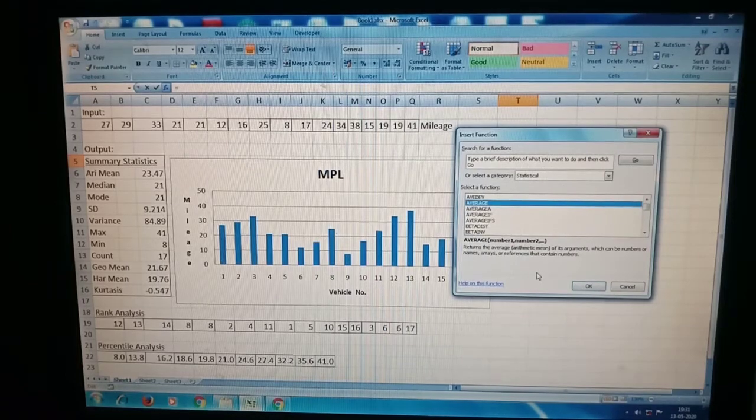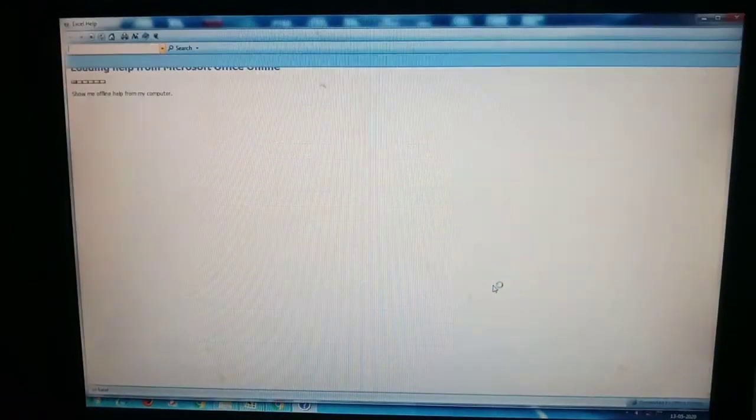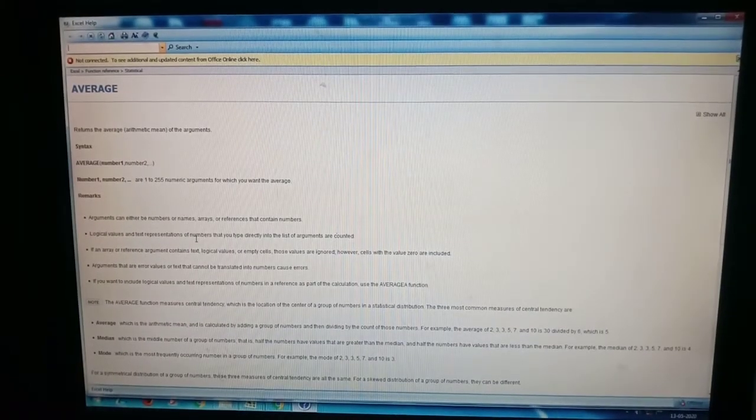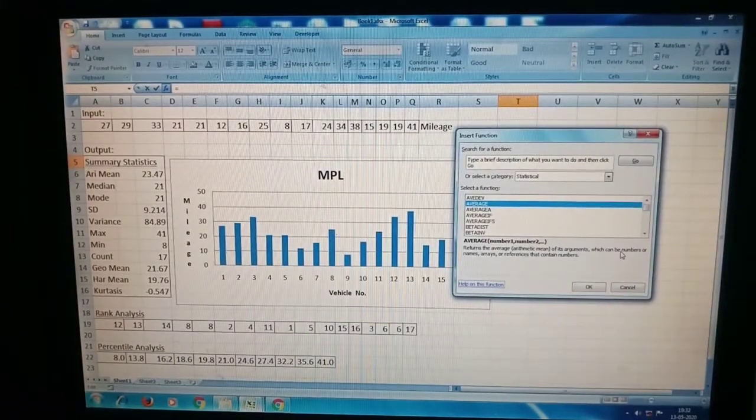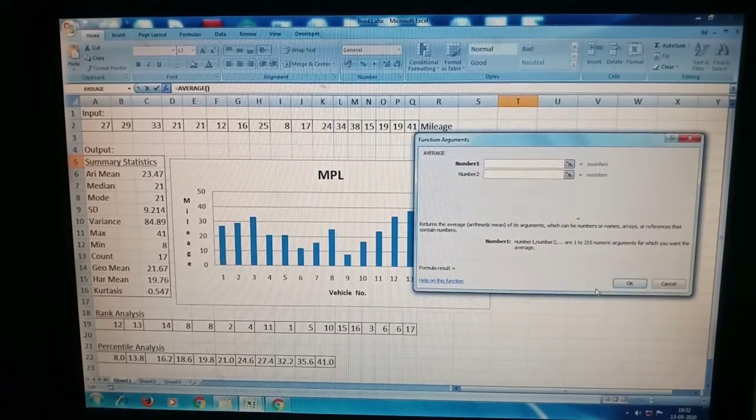If you want more explanation, more help on this function, click here. You will get the explanation with an example. The formula we are typing and the output we will get, everything is explained with an example. You can get help about each and every function. So you click here, click OK.